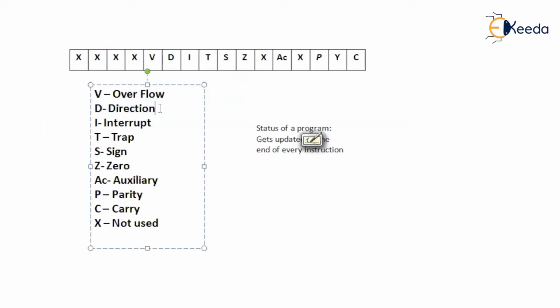If the direction flag is equal to 0, the loop is going to run in the upward direction, from 0 to 100. If the loop has to be repeated 100 times, then 0 plus 1 plus 1 plus 1 till 100, it will be calculated, counted and repeated. If the direction flag is equal to 1, the loop will be evaluated in the reverse direction, 100, 99, 98 till 0. The counter variable will be incremented when the direction flag is equal to 0, and decremented when the direction flag is equal to 1.